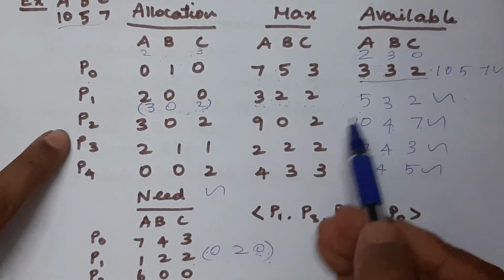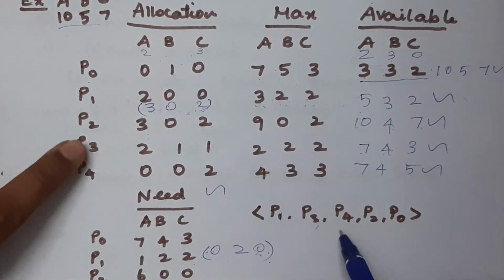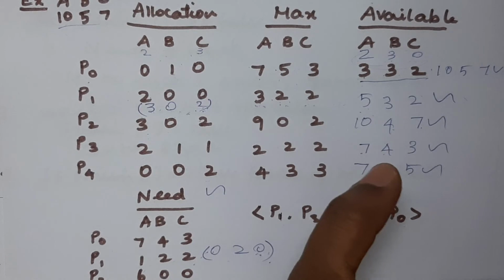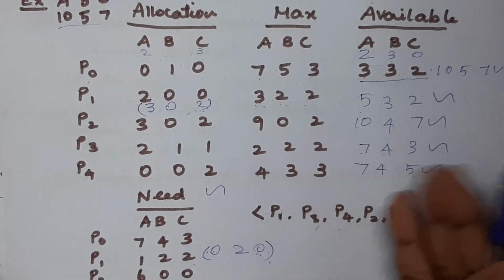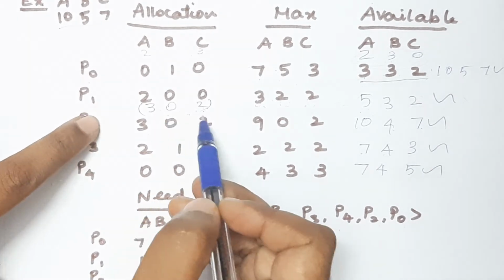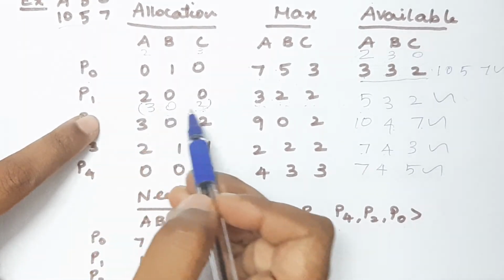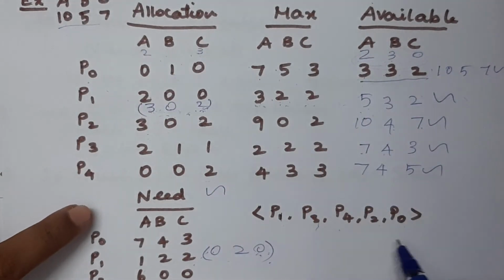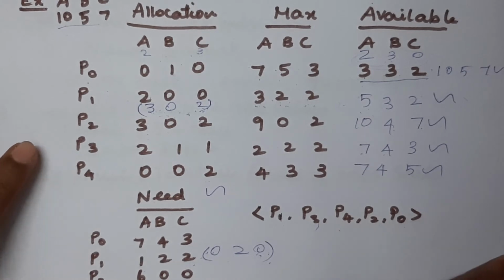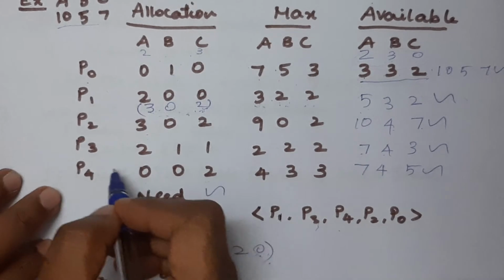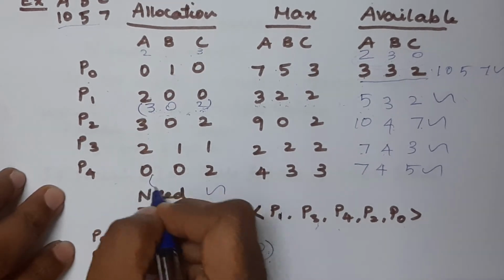And afterwards we are allocating for the processes P3 and P4, P2, P0. So still it will remain in the same state only. Even though you allocated the number of resources of process P1 as 302 initially, if you proceed with the same sequence of execution, it will remain in safe state.